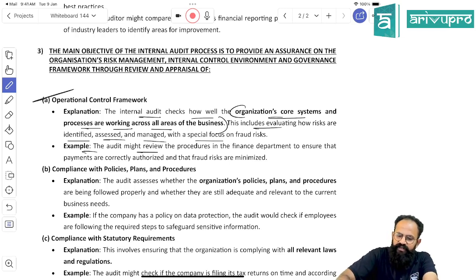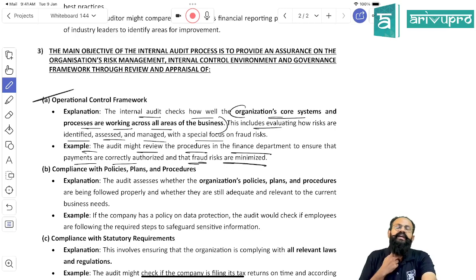For example, the audit might review the procedures in the finance department to ensure that the payments are correctly authorized and that frauds are minimized. Meaning what, sir? Overall, in the complete department, people, how is the control framework? Meaning,